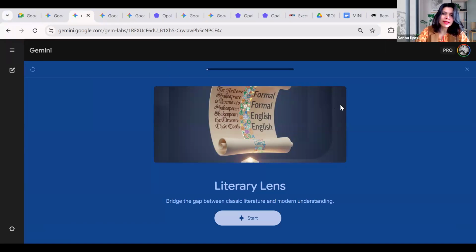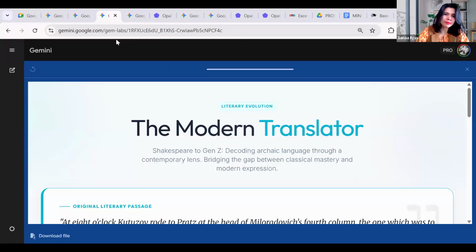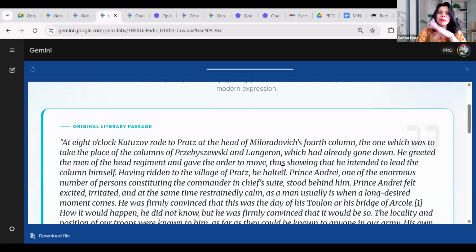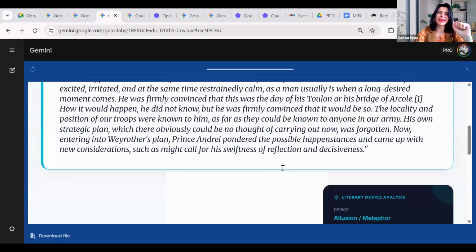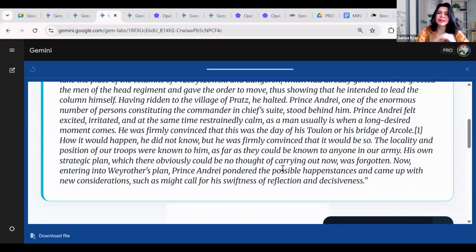For one of them, I added one of the excerpts from War and Peace. I picked up one of the passages, and the only thing it asked for is an excerpt.